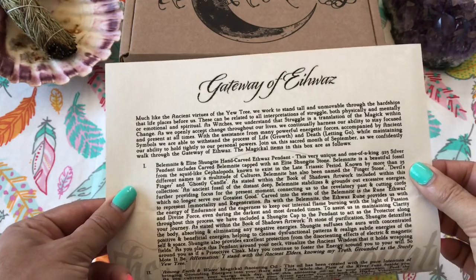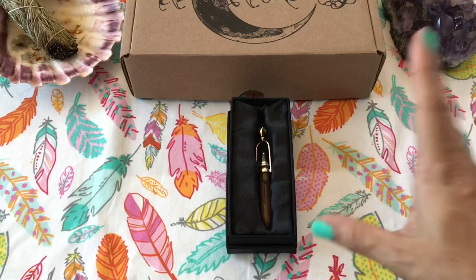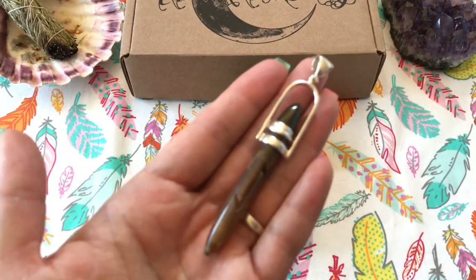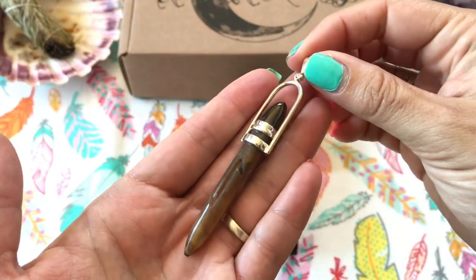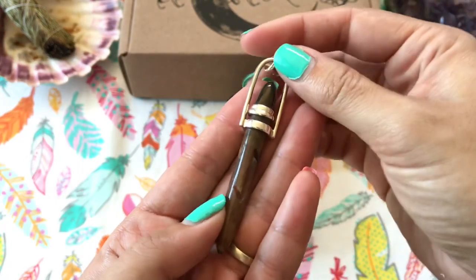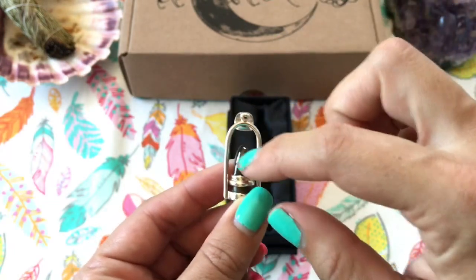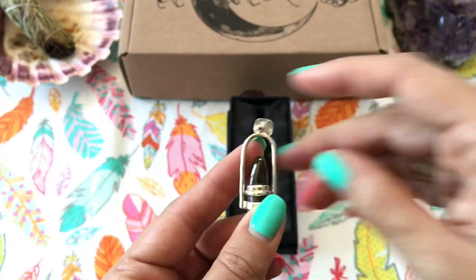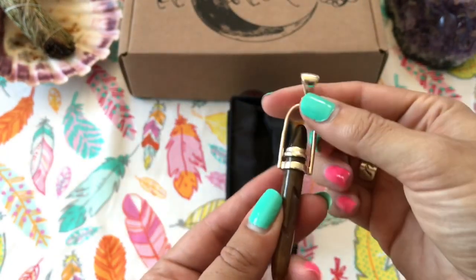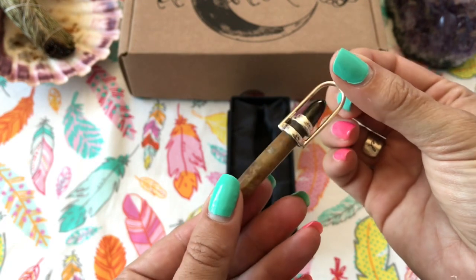The magical items in this box are as follows. Oh, all right, let me show you guys. Oh my gosh. So, you guys, please take a look at this. So beautiful, and you can see it has the runic symbol for Eihwaz. And it says that this is a belemnite, and the top here is elite shungite, hand carved, and it's a hand carved Eihwaz pendant. This very unique and one of a kind sterling pendant comes included carved belemnite capped with